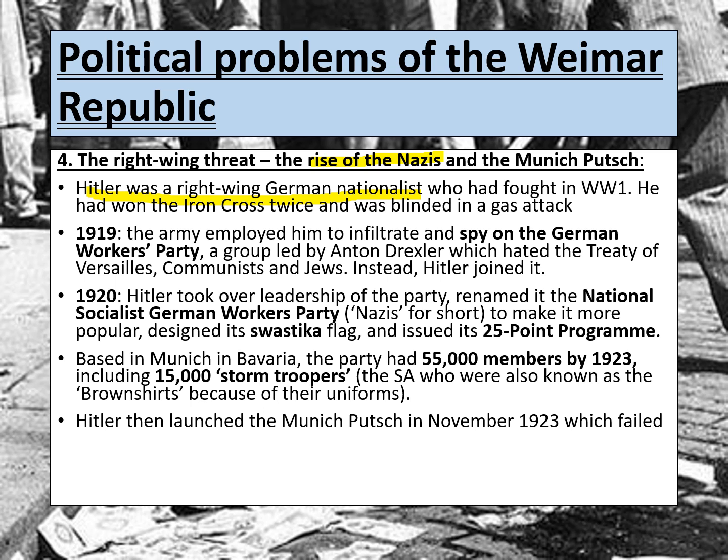Now, at the end of the war in 1919, the army basically employed him to infiltrate and spy on the German Workers' Party, which was basically a political group. It was quite small in number, and it met in beer halls, and it generally just sat and talked about things like hatred of the Treaty of Versailles, communists, Jews, and this group was actually led by a man called Anton Drexler. Now, when Hitler heard the views of this party, rather than spying on them, he actually enjoyed what they talked about, and he thought it fitted with his own views.